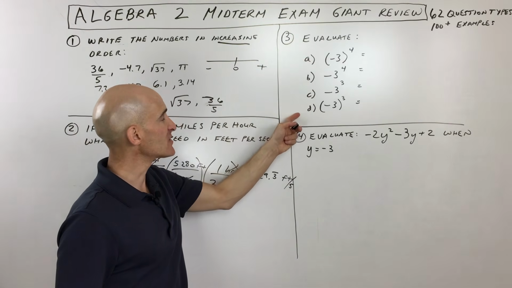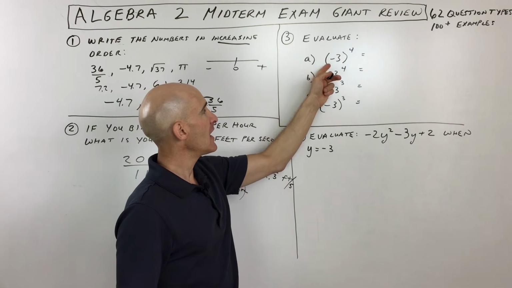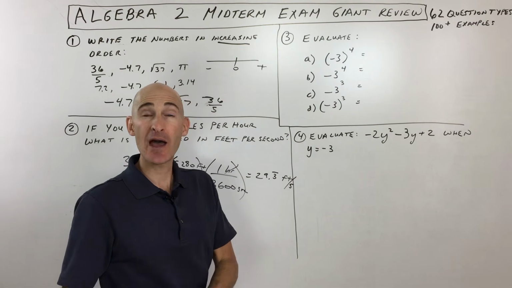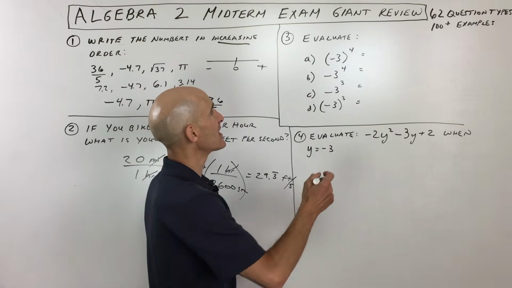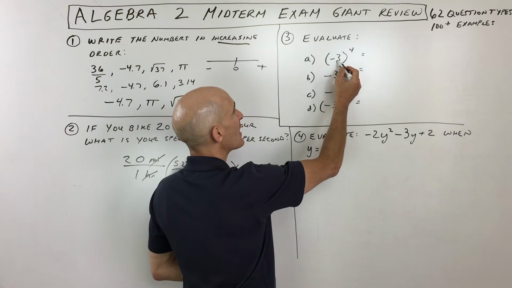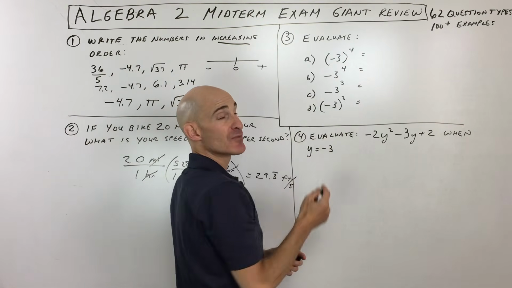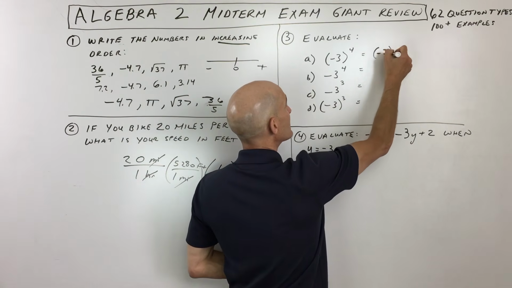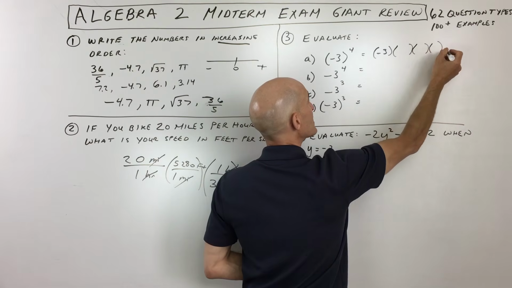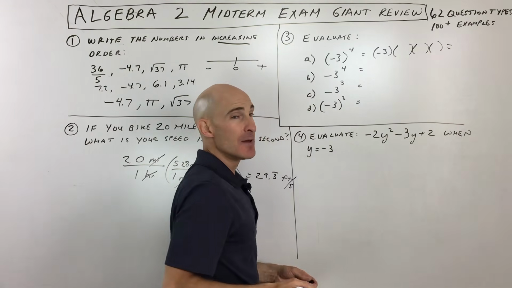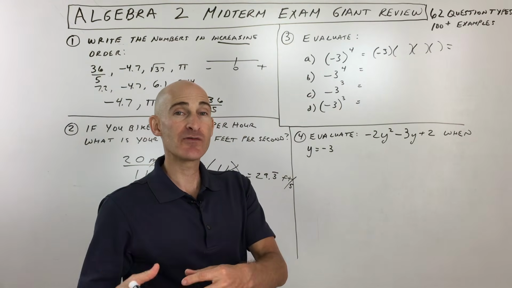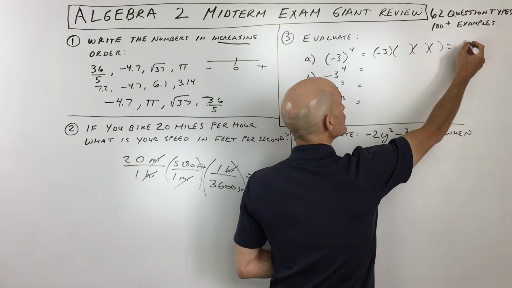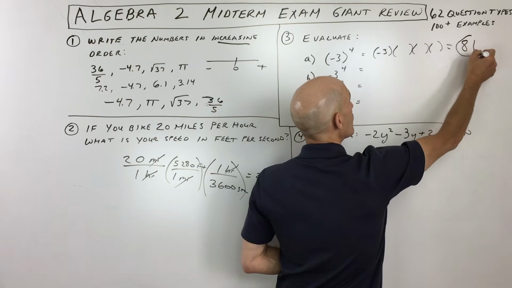It says evaluate. This is a 4-part question. And what they're testing us on in this question is, do we know the order of operations, the PEMDAS? Remember, please excuse my dear Aunt Sally? So what we have here is negative 3 to the 4th, but notice that that's in parentheses. We have to take it as a group. It's actually negative 3 times negative 3 times negative 3 times negative 3, 4 times. If we have 4 negatives multiplied together, that gives us what? A positive. So an even number of negatives is positive. So this is really going to be positive 81.